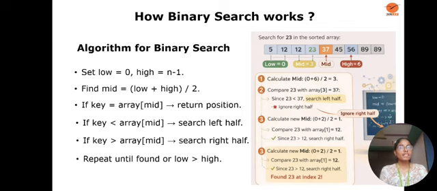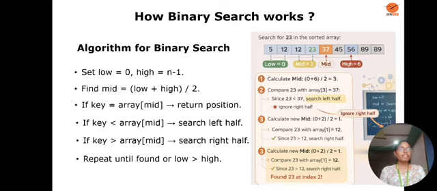So let's see how binary search works. Algorithm for binary search. First step is set low equals to 0, high equals to n minus 1. That means low is initialized to 0, high equals to n minus 1. Here n means size of an array. So we have to find the mid value of an array. To find the mid value, we have to add low plus high, and divide it